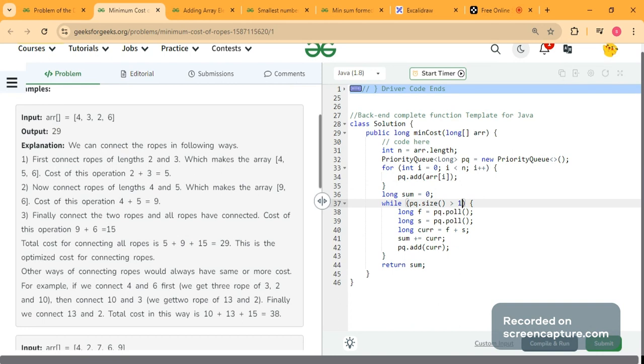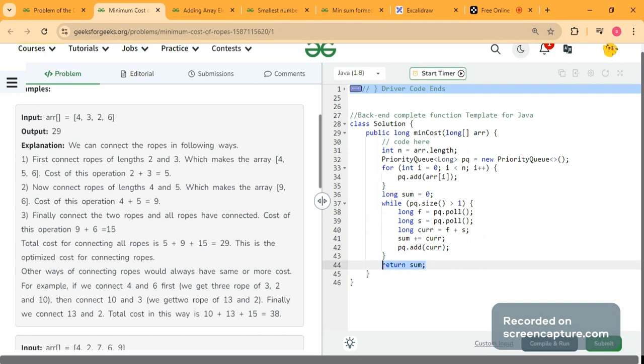So first we will pull out the smallest element, that will be f, then the second smallest element, that will be s, then we will add them and store them in the variable current, and then we will add our current to the sum to calculate the final sum, and we will again put back our current sum into the priority queue, and we will repeat the same process until the size of the priority queue is equal to 1, and then